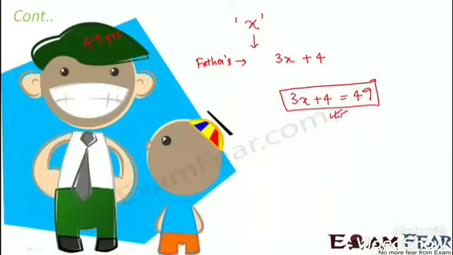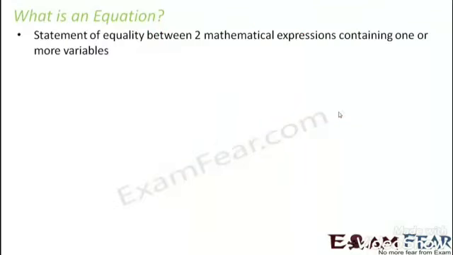So you see, in these kinds of scenarios in day-to-day life, you come across problems where you know certain things, where you know certain relations. For example, here you knew the relation between the father's age and the son's age, but you do not really know the values. Here you know the father's age, but you do not know the son's age. But you know the relationship between them. So you come across many such problems in your day-to-day life, and simple equations help you to find solutions to these problems.